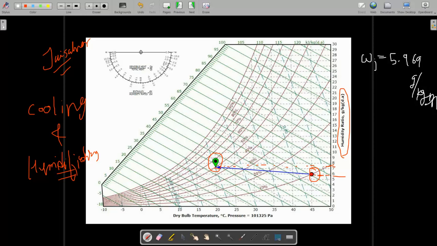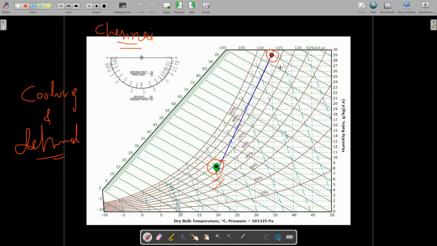This is the initial, and what we require is for comfort condition. On comfort condition, the humidity that we require is 7.291 gram per kg of dry air. So here, as you can see, moisture needs to be added. Take the difference, and that much amount of moisture we have to add.